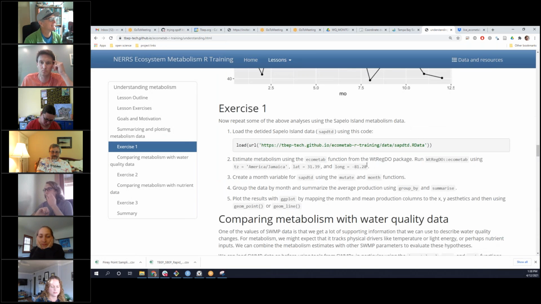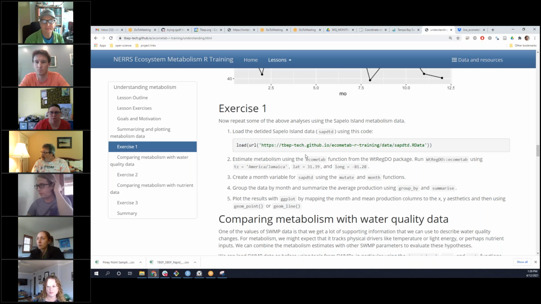Okay, so I'll put 5 minutes on the clock, and then we'll go through the exercise, but essentially I want you to do the same thing, but with the Sapelo Island data set, the detided data set from last time. So you could load this